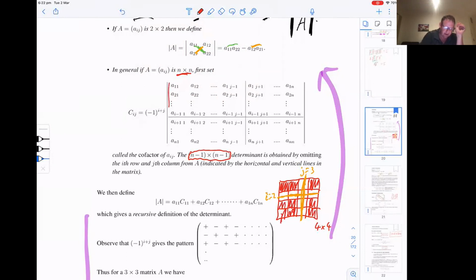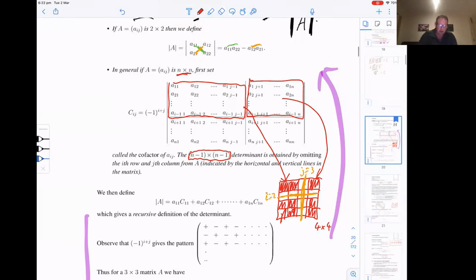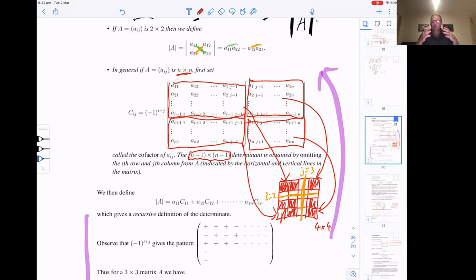Now, this is all apparent in this notation. This block here matches this block, and this block here matches this block, which, by the way, you can go to the end and then those blocks are empty. And this block here matches this block, and this block here matches this block. So if you take the determinant of this matrix, which is smaller by 1 dimension, then what you get is